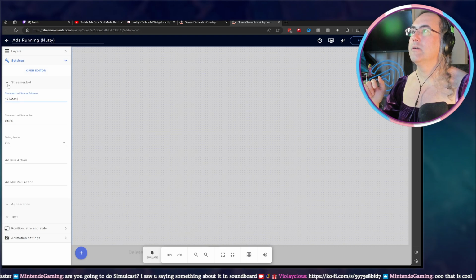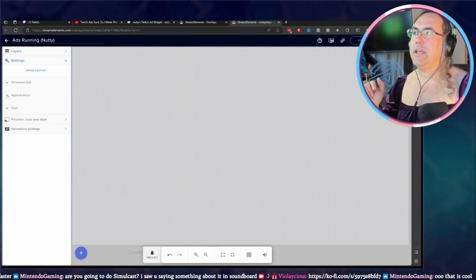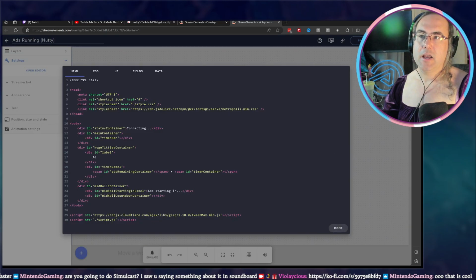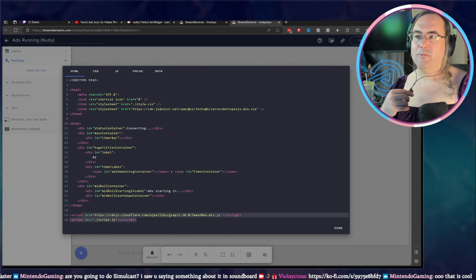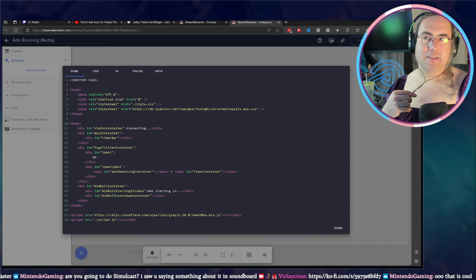And then we get into open the editor to do these pieces. We talked briefly about what this was. You see that Nutty has already set it up where it's downloading a custom font from a content delivery network, or a CDN. They're doing the same with their JavaScript, which is coming from Cloudflare using their CDN. So he's got a little one running there. And then the ./script and ./style are actually referencing these other tabs.